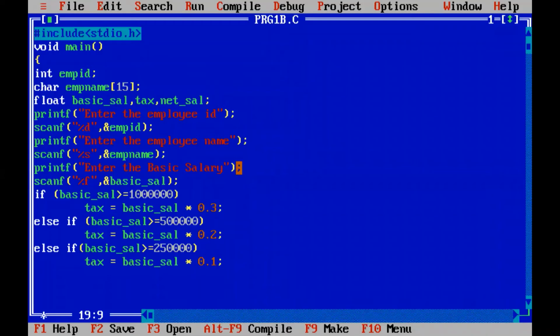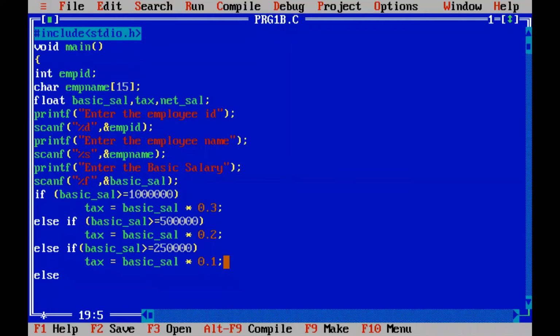Now, anything greater than 10 lakhs will be coming in the first condition, right? In between we are checking and changing the percentage. Now below that, we are checking up to 2,50,000. If it is not greater than or equal to 2,50,000, that is the default case, the else.